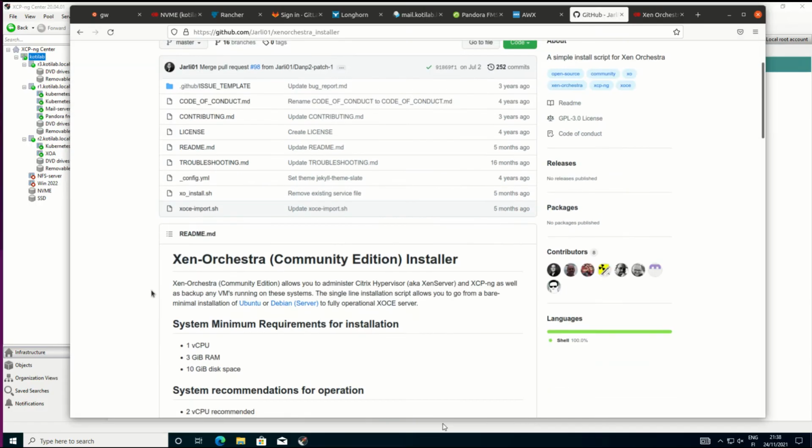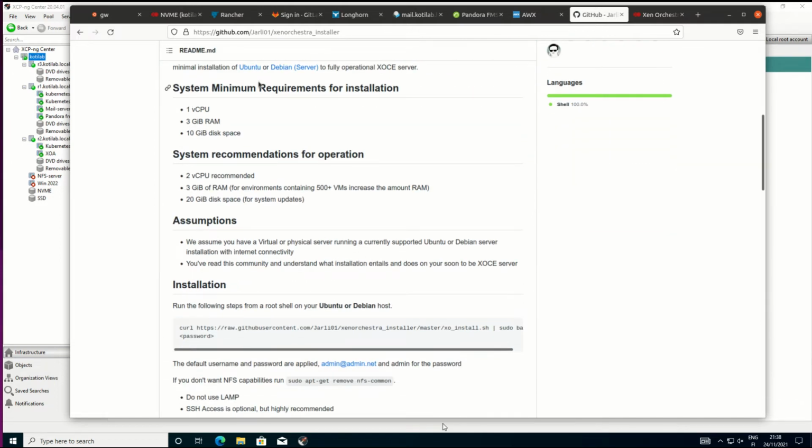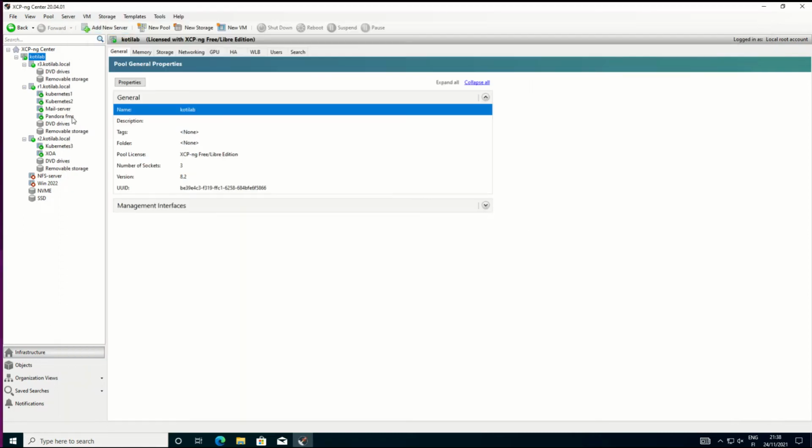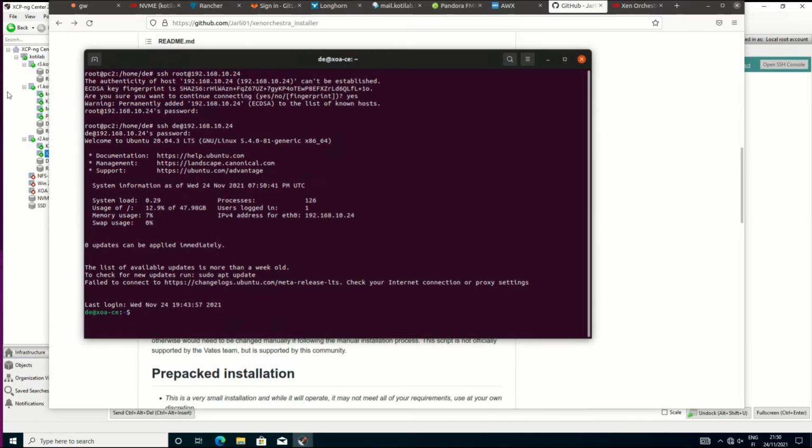Community Edition installation is more complex than the official one. I chose this particular version because it has the backup feature enabled, but there are other versions available. What this requires is that you have one Ubuntu or Debian host on your XCP-ng server or cluster. Use XCP-ng Center or other tools to create an Ubuntu or Debian server for this.